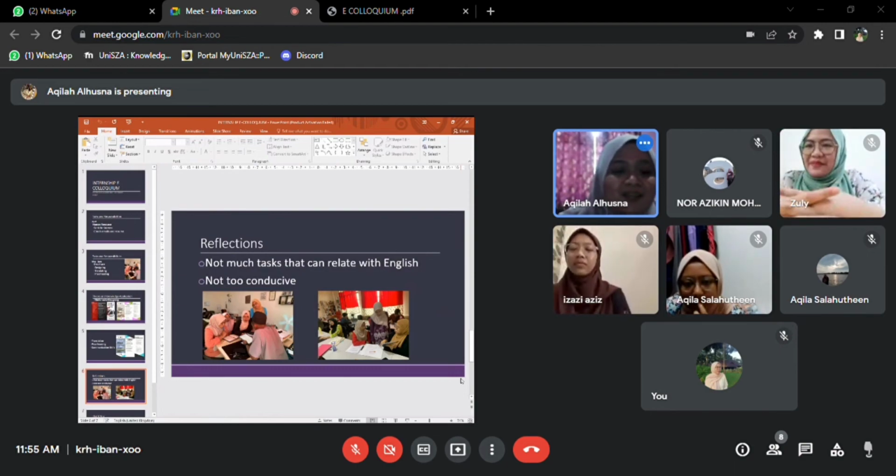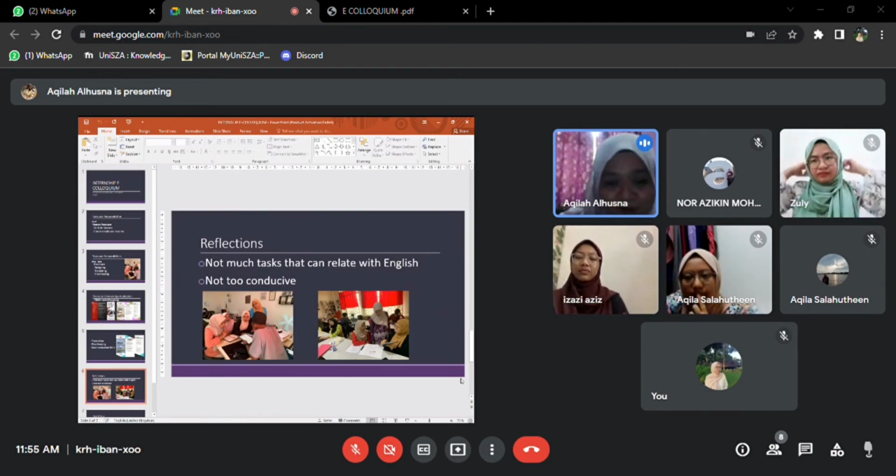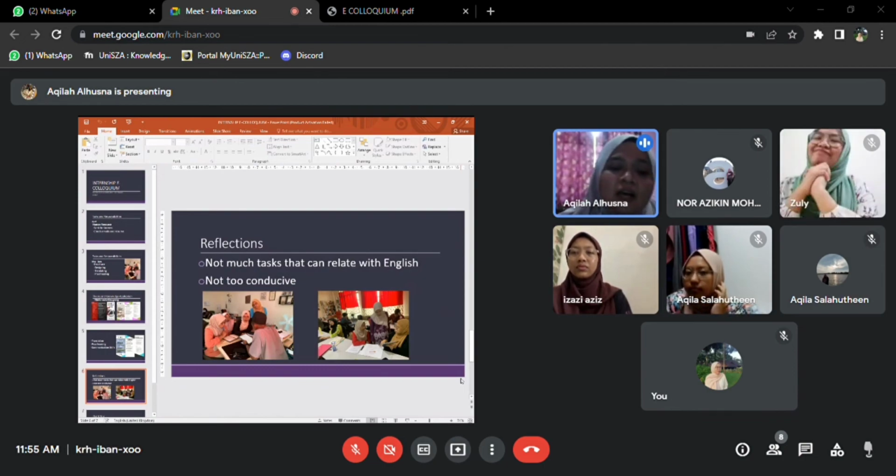Secondly, there's also no Wi-Fi or any internet connection provided. So the interns and all the staff need to use our own data and hotspot to complete our tasks.